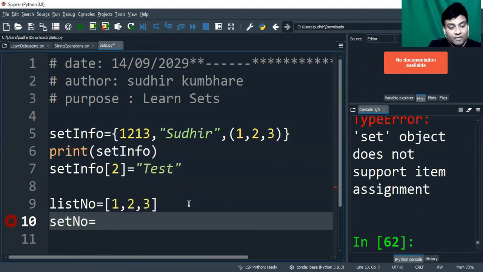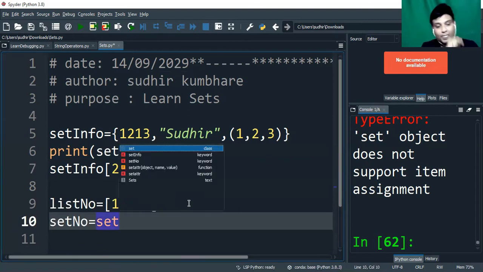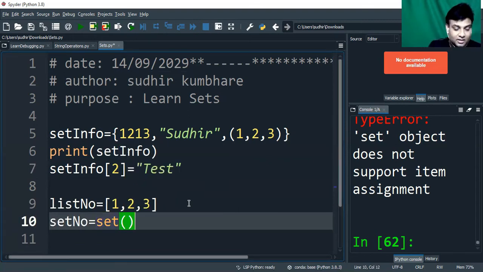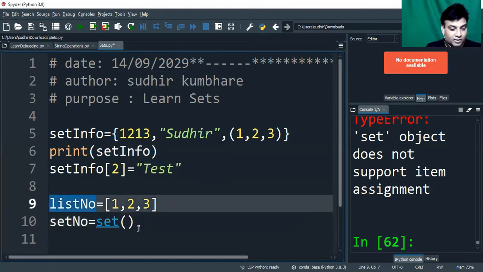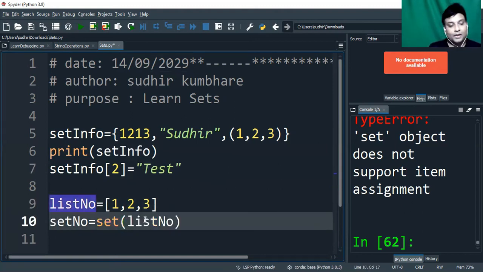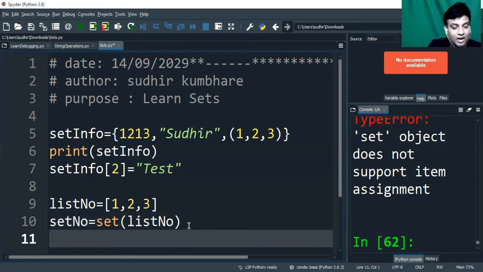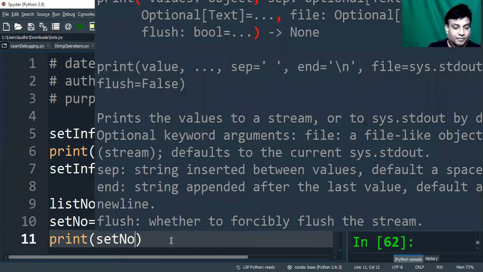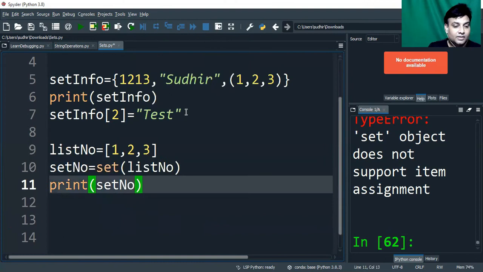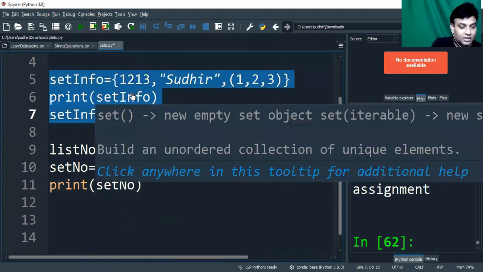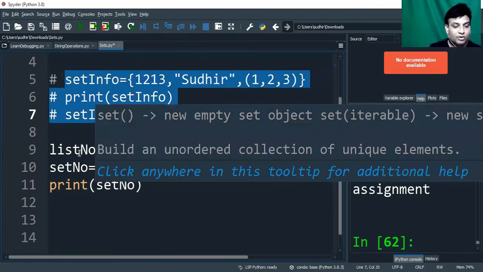We have a function called set, and this set takes an object as an argument. If I try to print this set of numbers, before printing I'll comment these lines and focus here.